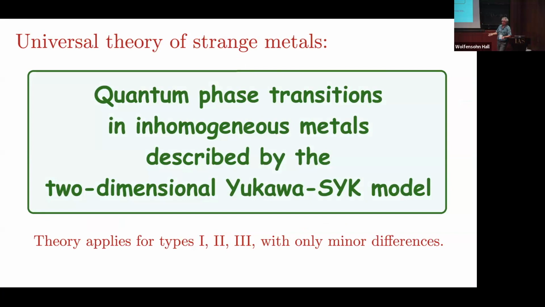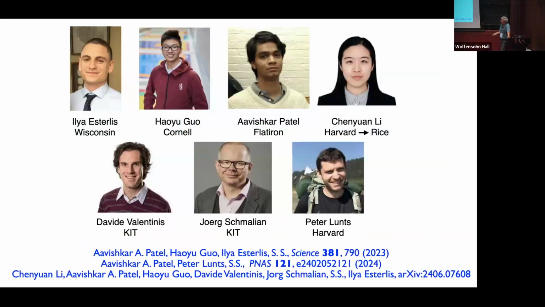So the most generic phenomenon, since the strange metal behavior is extremely generic, seen in hundreds of compounds, there should be some very generic effect. And so I'll describe that generic effect. The beautiful thing is that I talked about 3 different classes, types 1, 2, and 3, of quantum phase transitions. The same theory applies to all 3, essentially. That's great because the phenomenology is also really robust and universal, experimentally. All right, so what we have to worry about, and this is a recent paper with a few people, I guess.